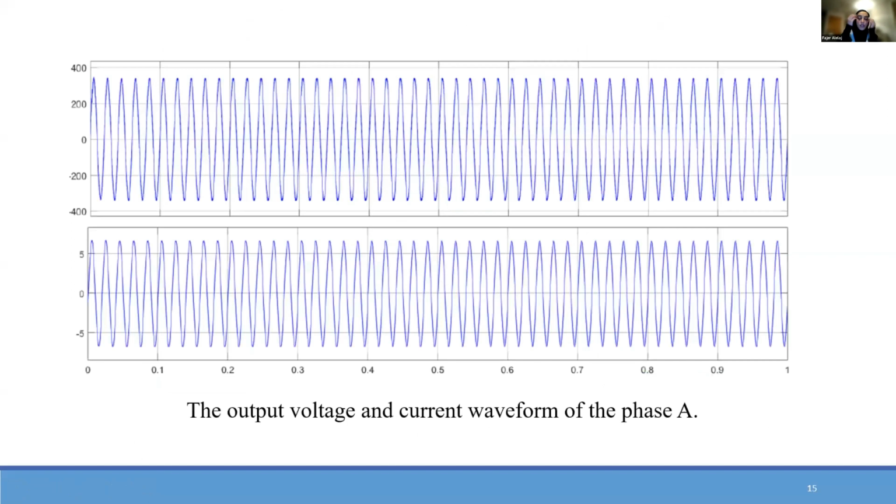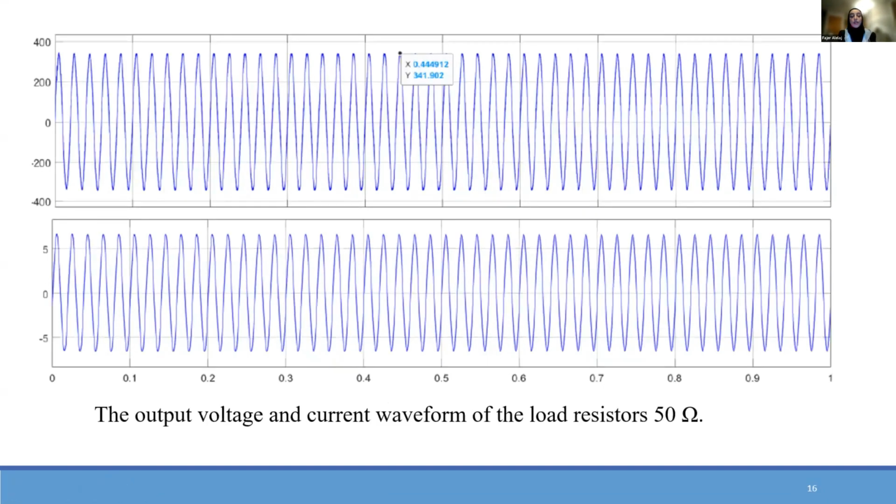The second simulation was unbalanced phase voltage. That means one of the phases will have a load resistor different from the others. In this case, I chose phase A to be 50 ohm, while the rest of the loads will be 100 ohm. As you see here, the output voltage will remain at 340,